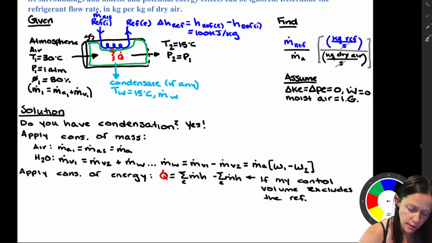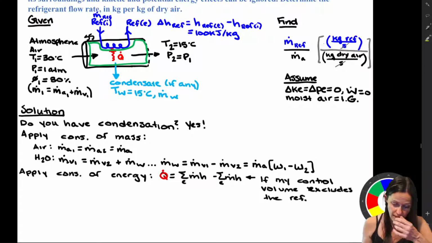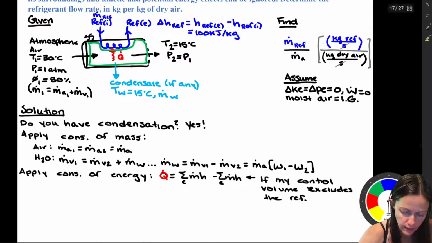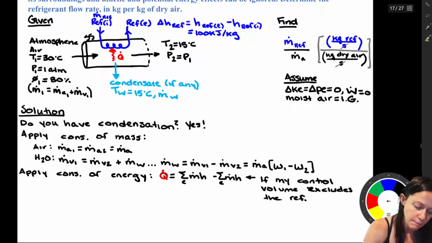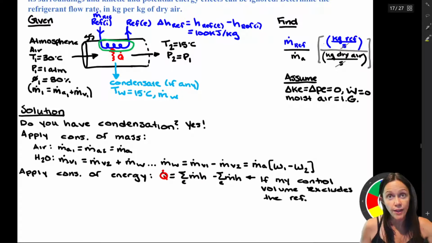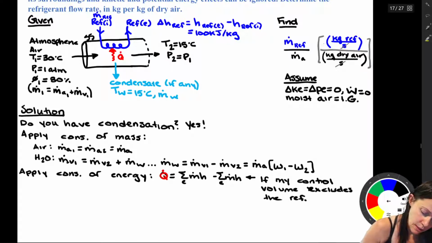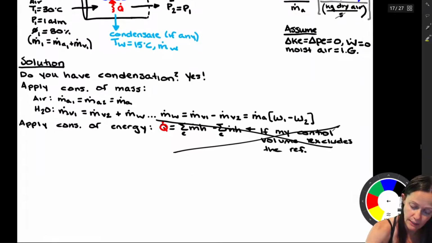The reason that I would do that is, if I solve for that Q dot, then maybe I just draw my control volume around this guy. And then I say, okay, the Q dot leaving the moist air has to be equal to the Q dot going into the refrigerant. I put them equal to one another, and I solve for what I need to solve for. But I think there's a little bit cleaner way, and so I'm going to do that now. This is a nice thought, and it's fine, I could do it. But